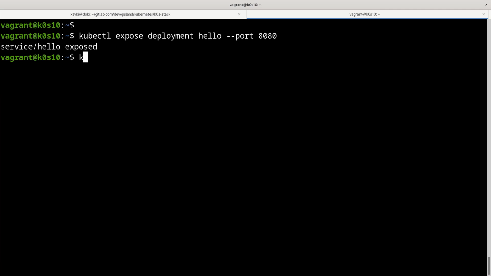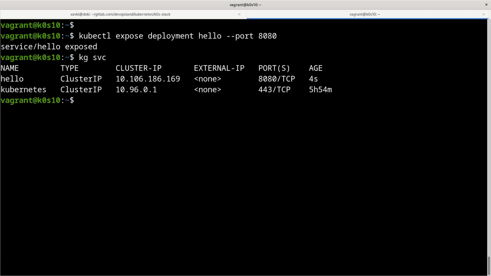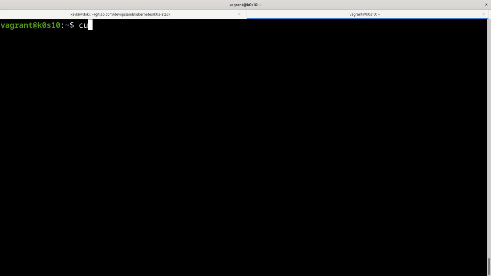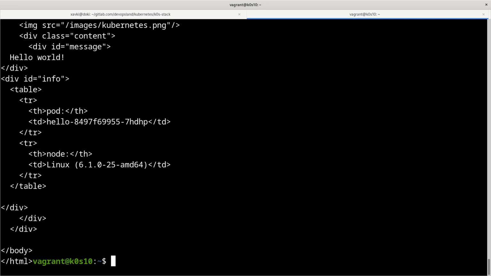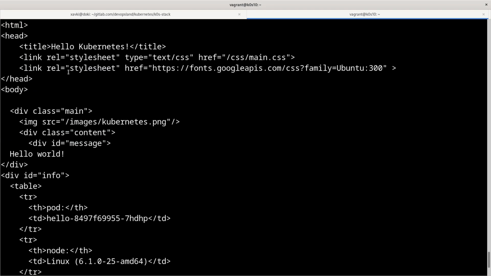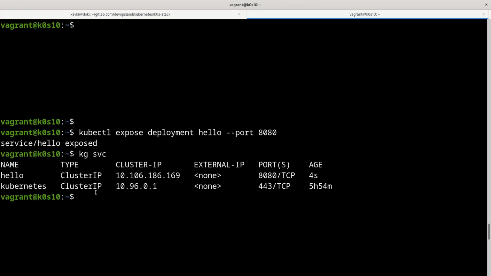I can run it like here, and now I can check the service again. So this is this one, and I can use curl on this service on port 8080, like here. And you can see this is a page. We don't have a browser where we can discover this page with a graphical interface, but with just a curl, we can see here we have a pod, and this is the pod which responds to us. So we can check the list of our pods.